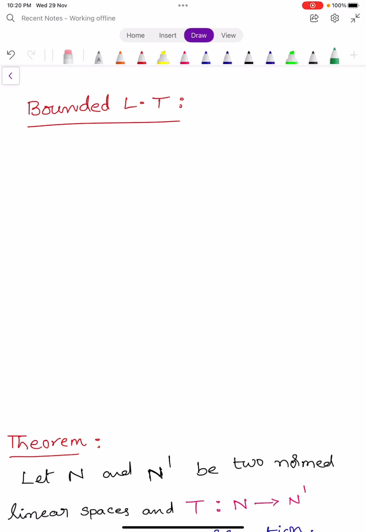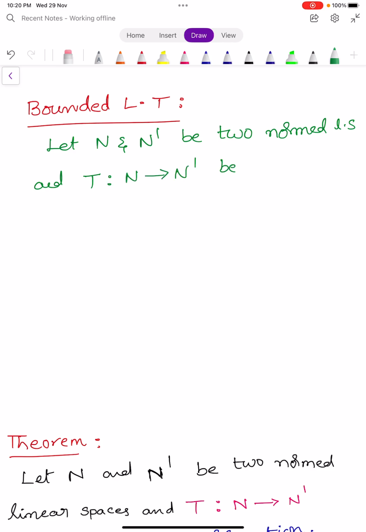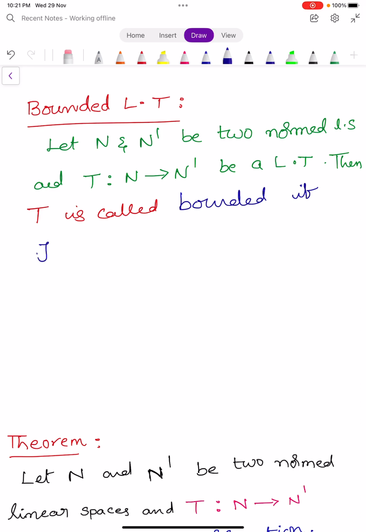So we go for the next definition, bounded linear transformation. Same theory: let us take capital N and N dash be two normed linear spaces, and capital T maps capital N into N dash be a linear transformation. Then this T is called bounded if there exists a real number